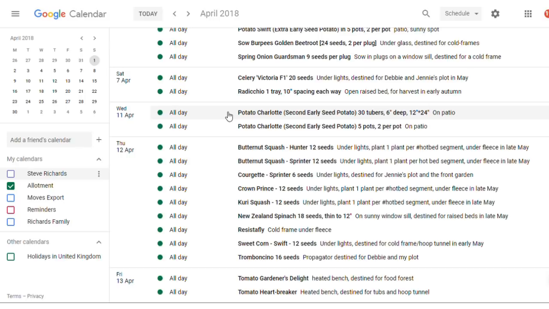So the third thing that I do is plan where things are actually going to be planted. And we've got 3 plots and we plan those quite differently. So on my plot, the way that I do the planting is quite flexible because a lot of where I plant things depends on where space comes free. And that depends on how well things grow. So for example, if I get some